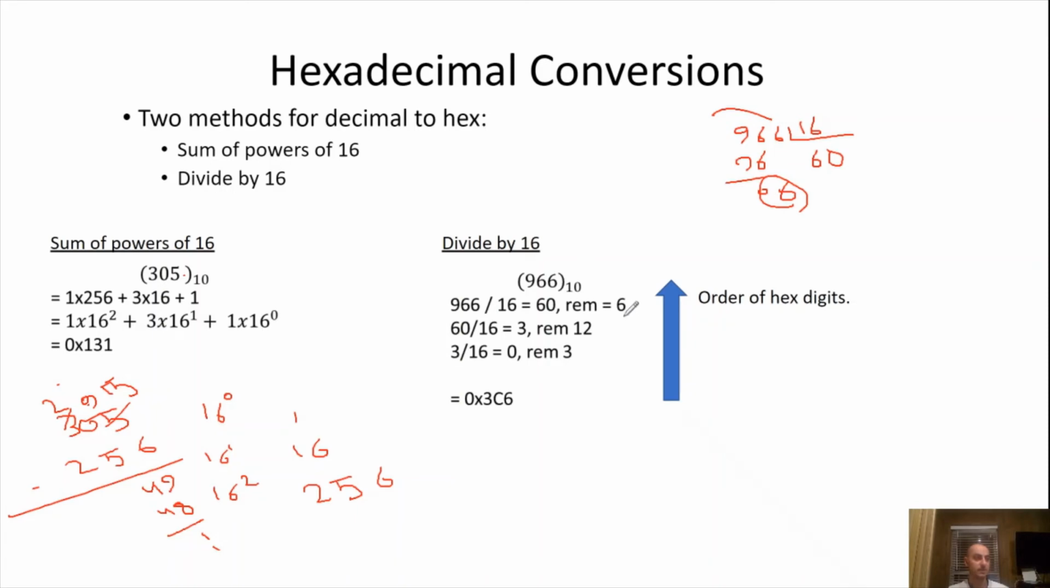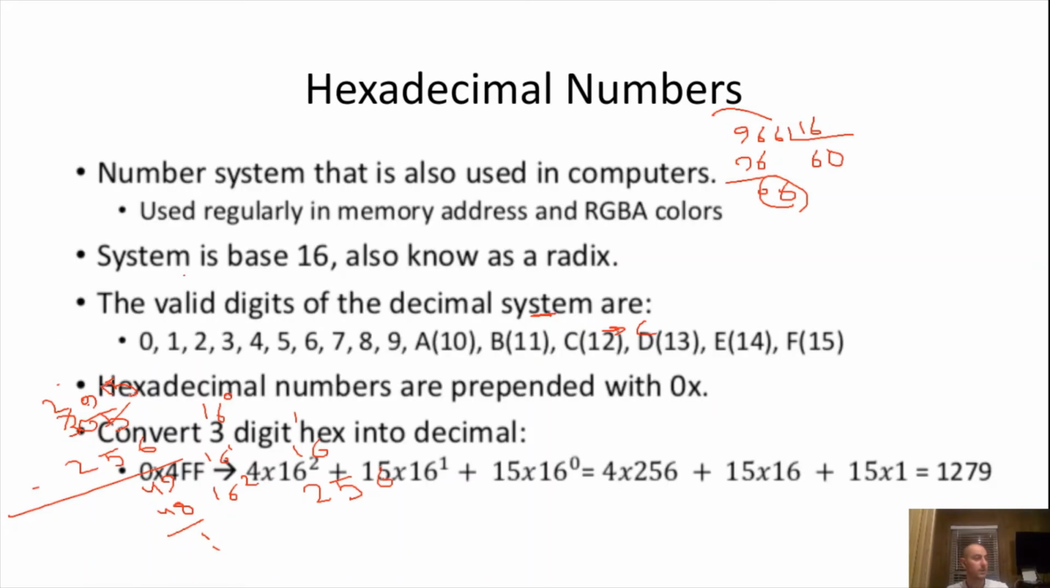Sorry, remainder is 6. If we take this 60 down and continue the same way, we're going to get 3 remainder 12. So basically we continue this, and we're going to get this from bottom up. So 3, 12, 6. We write, so 0x is just a notation that is a hex number. 3, this was C. If you look at the table in the previous slide, here we have C is 12,